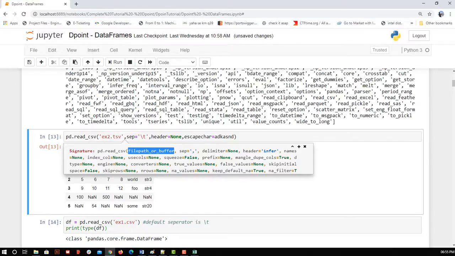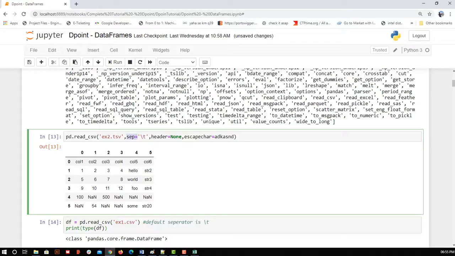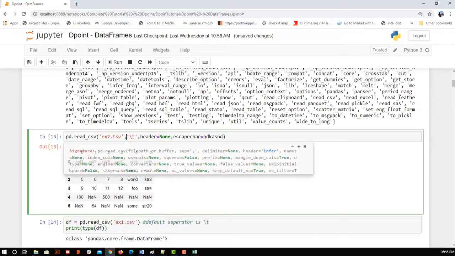Okay, so here I have given separator is equal to this, but if I don't write the key, and if I can see the second parameter is SCP, so whatever value that I'm going to give will be assigned to the second parameter. So I hope you are getting me right.